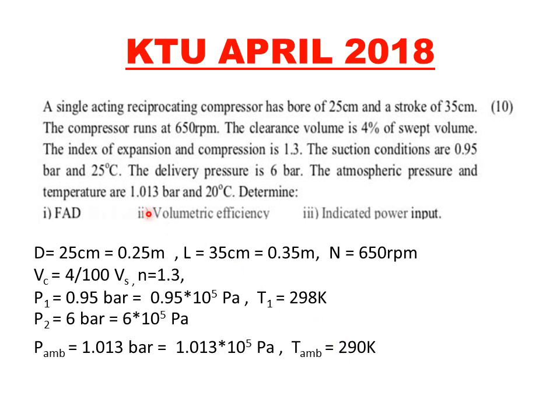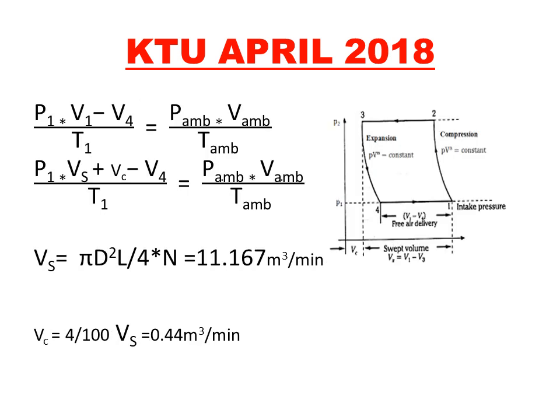You are asked to find out three things. The first one is the free air delivered, the second one is the volumetric efficiency, and the third one is indicated power input. So first of all, write the given data and then just observe how we will do the first question, that is free air delivered. By applying the perfect gas equation to the condition at the end of suction or at the inlet of compression and the ambient condition, we will get a formula like this.